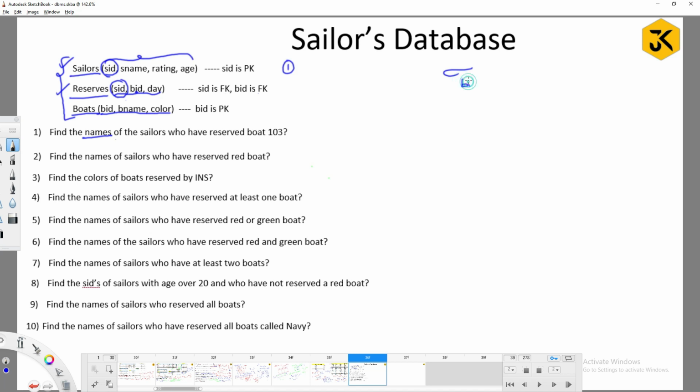select BID equal to 103, on which table? Reserves table. Now it contains all the data including SID, right? On this I am going to perform join operation. From right side you are going to get SID, and left side also you are going to get SID. If you are going to use the sailors table, in some textbooks, to differentiate, they will write sailors dot SID, and this SID as